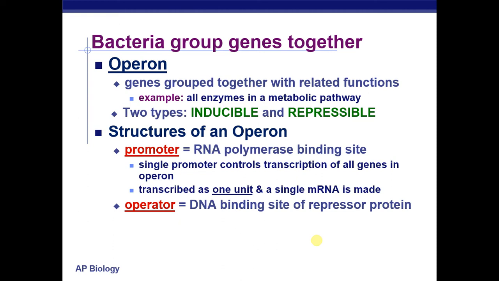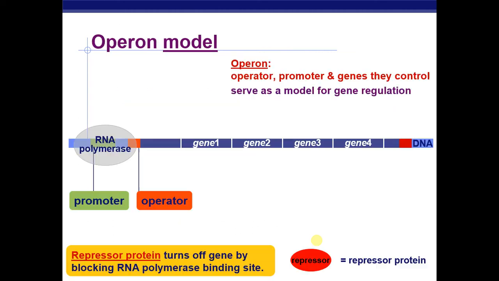And then there is, slightly downstream, so slightly closer to the DNA that would make up all of those genes in the operon, something called an operator, which is a DNA binding site for a repressor protein, a special protein that might repress or stop the transcription of that gene. Okay, and on the next slide, we're going to see a good picture to start to get an intuitive understanding of what this means. So here's the operon model.